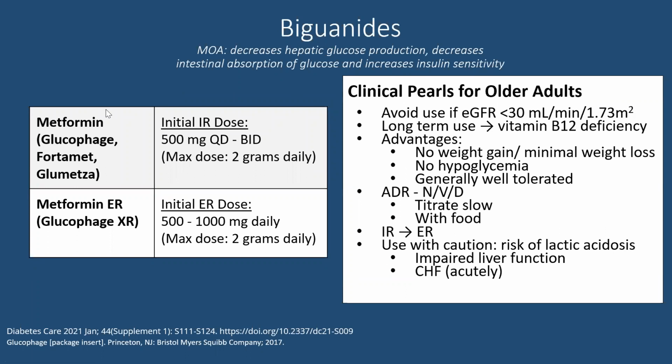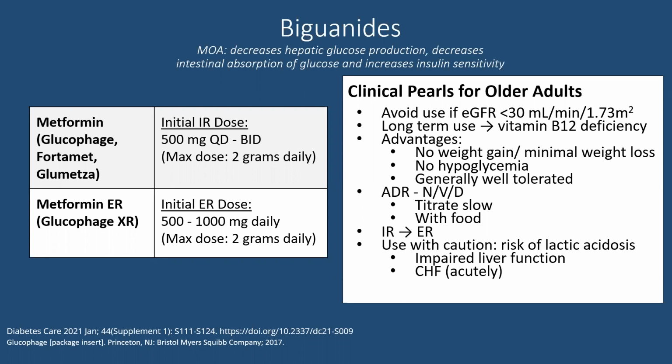So again, in geriatrics, you always start with the lowest dose available. In somebody who's older, you would start with just 500 milligrams at bedtime, see how they do, and go up from there. So I would not start any older adult on 500 BID. I would just start with half that dose and titrate gradually. And again, the extended release drug is an option, and that can be dosed once a day.